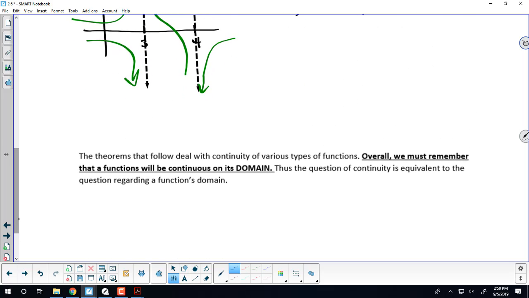Okay, so there are a lot of theorems in this section. We're not going to really focus on them a whole lot, but we will talk about what they mean. These theorems deal with continuity of various types of functions and combinations of functions. But we just remember that functions will be continuous on their domain. And really the only exception, like we said, is